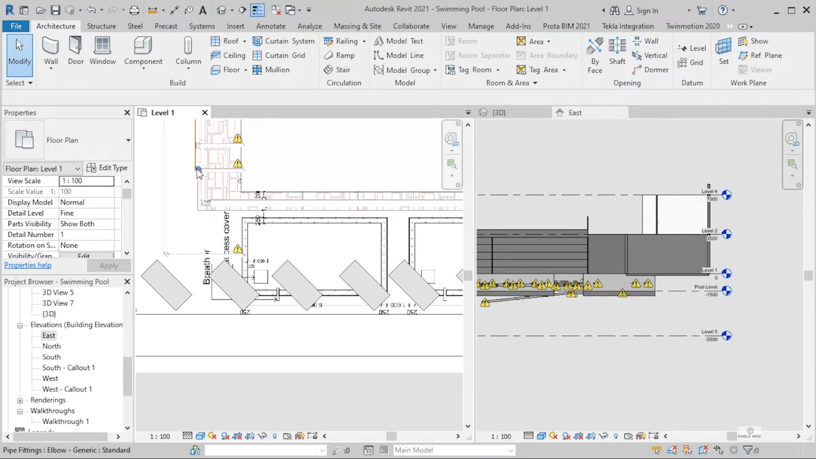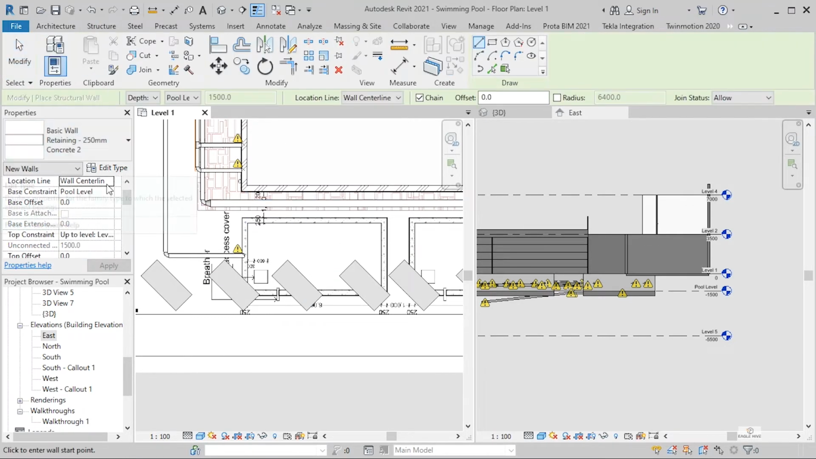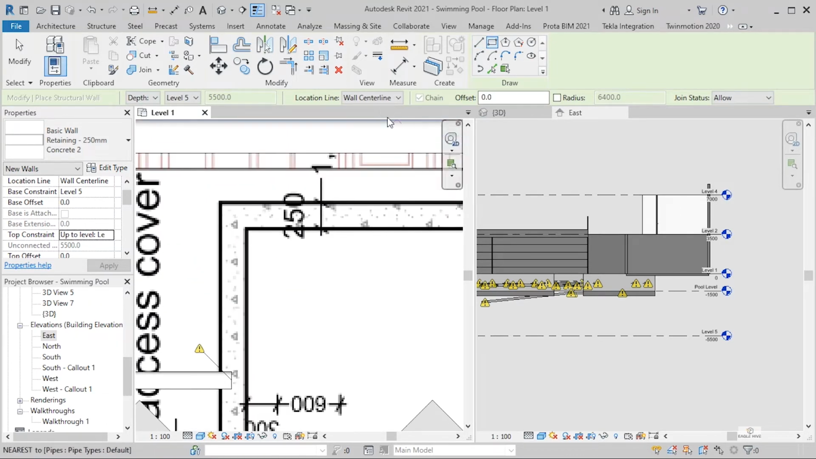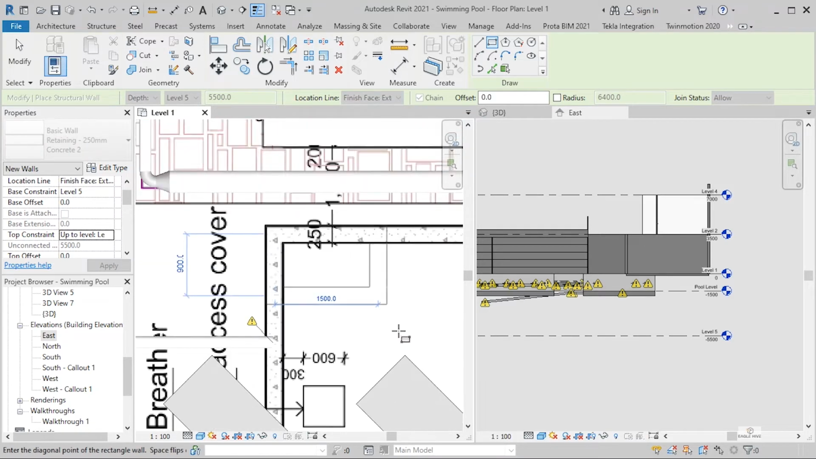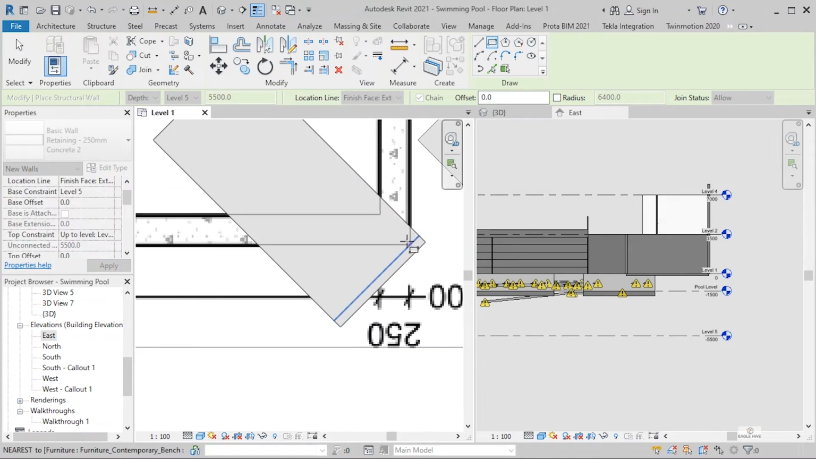Okay, then back here, just come here to structure, walls. This is still a reinforced wall, and then the base constraint is level 5, and the top is level 1. Good, and its depth. So come back here, then from here the center, it's not a must you use the center, you can use the finish face exterior, okay, or the core face exterior. So we can come from here like that. Revit is amazing, there are so many options. So I can just use